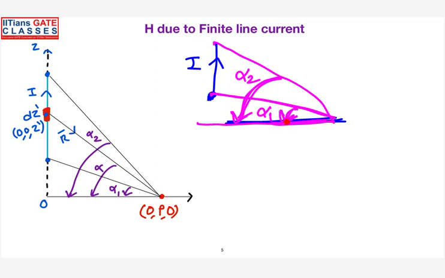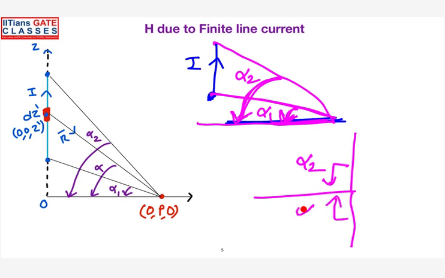When it is an infinite line, what will happen? This is your radial line and the upper edge becomes perpendicular like this. So this becomes alpha 2, and the bottom edge is also perpendicular, so you have to measure alpha 1. Here also you can see the arrow is pointing to the radial line. So for an infinite wire, alpha 2 will be plus 90 and alpha 1 will be minus 90. Any doubts you have in defining alpha 1 and alpha 2?